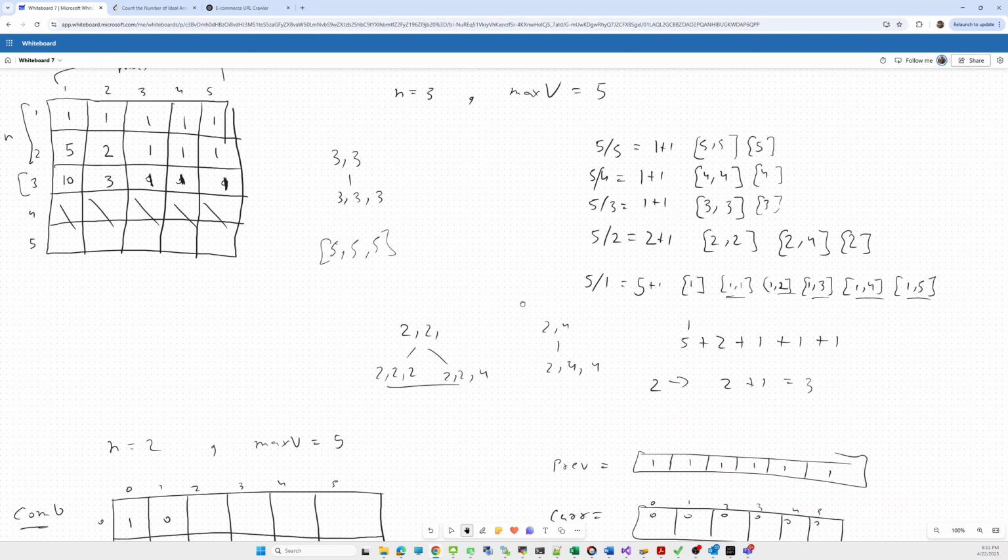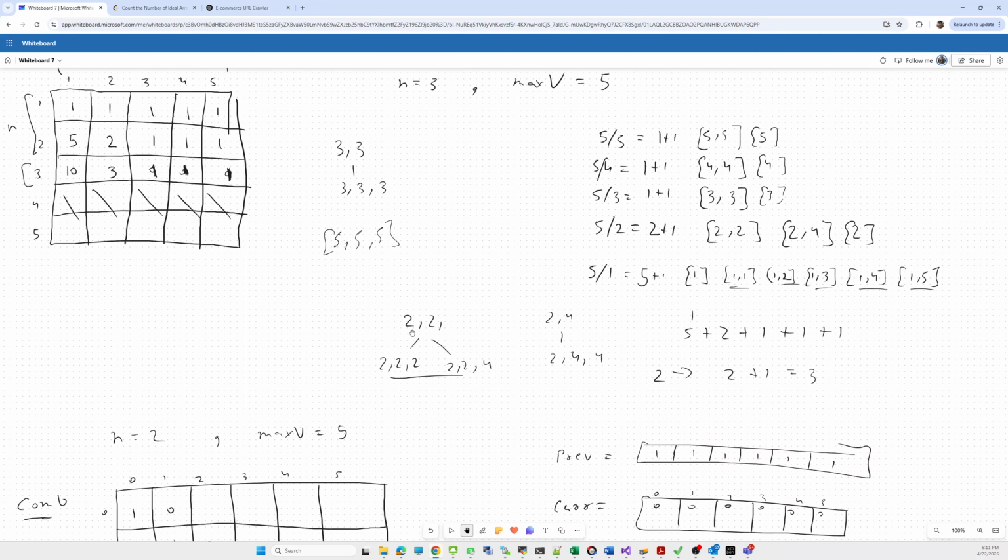Using 2, we can form 2 comma 2 and 2 comma 4. So for 2 we can form two pairs. For n equal to 2, we can form 2 comma 2 and 2 comma 4.